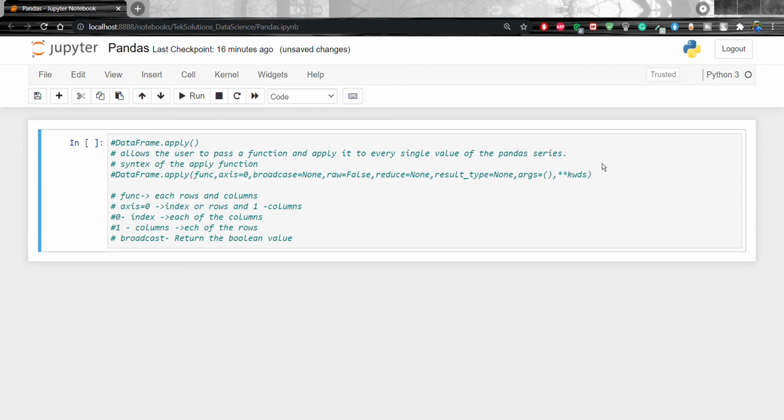And what will True do? The passed function will receive an ndarray object. Okay, I will show you the example.